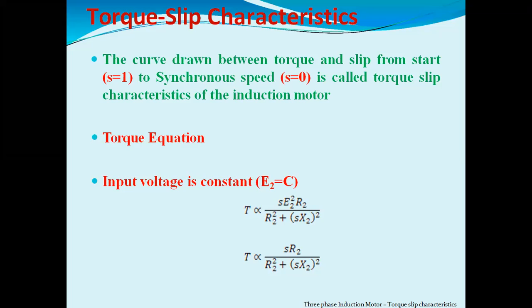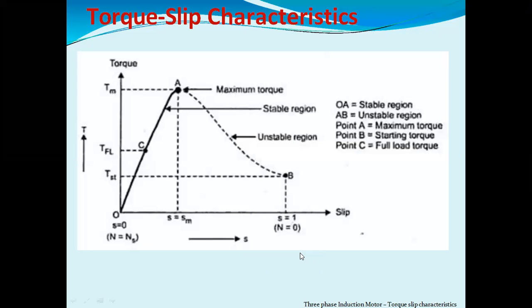In our syllabus, when we are studying the DC AC motor, we take the constant term as a capital K. You can take K as a constant and write T equal to K into the same equation as it is. Now we are supposed to study the torque slip characteristics.